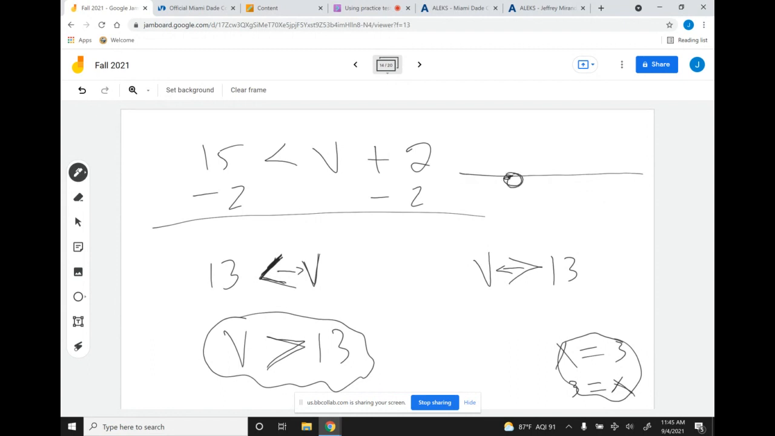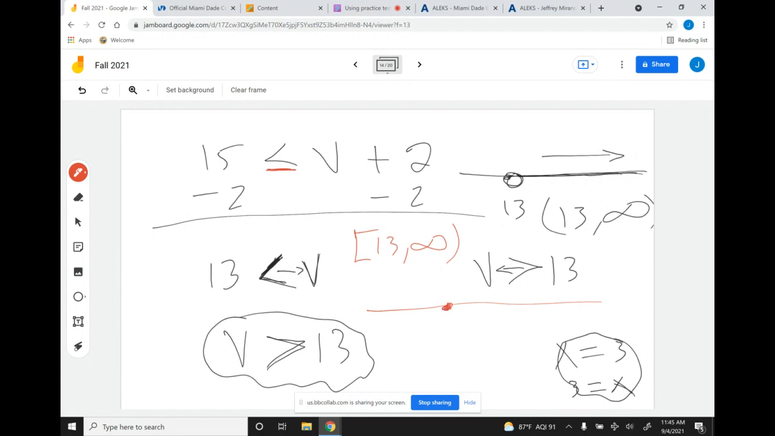Here's 13 open, and v is greater than 13, so it's going this way, okay? What is the interval notation of this? It will be parentheses 13 comma infinity. Again, why am I not using a bracket? Because you don't have this. If you did, then the answer would be 13 to infinity, and the graph would be a solid circle at 13 going to infinity, okay? So that is going to be my answer, 13 to infinity. So I switch this here,